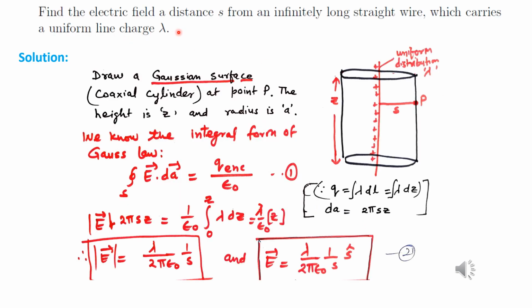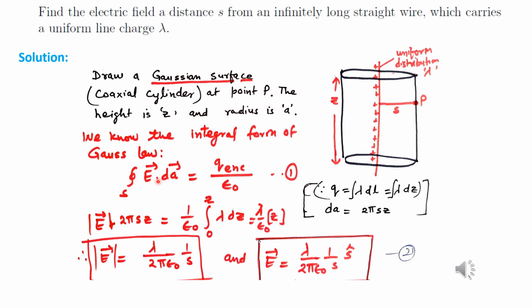Now we have an example to find the electric field at a distance s from the long straight wire which carries a uniform line charge lambda. So at the point P we have to find the electric field. So draw a Gaussian surface which will be a coaxial cylinder with this wire, and now we have to apply the integral form of the Gauss law, that is